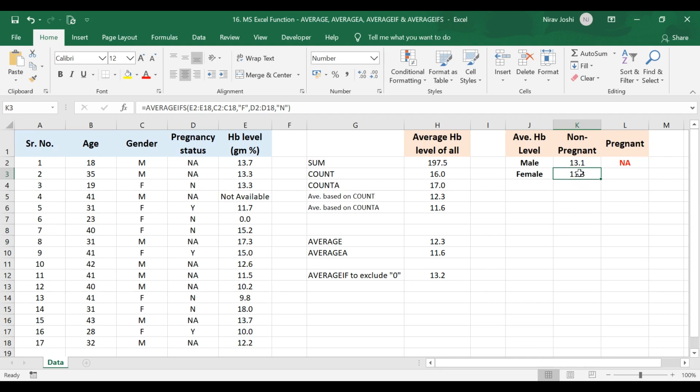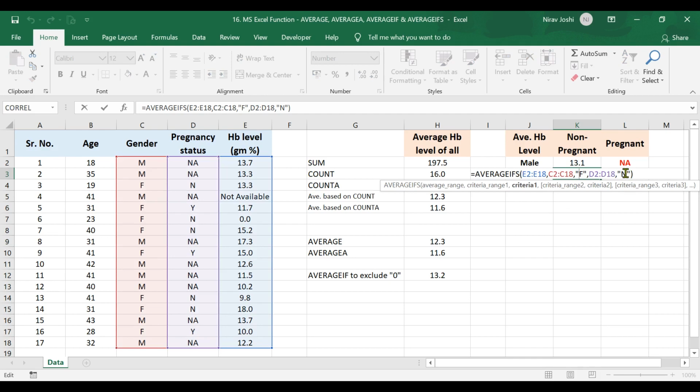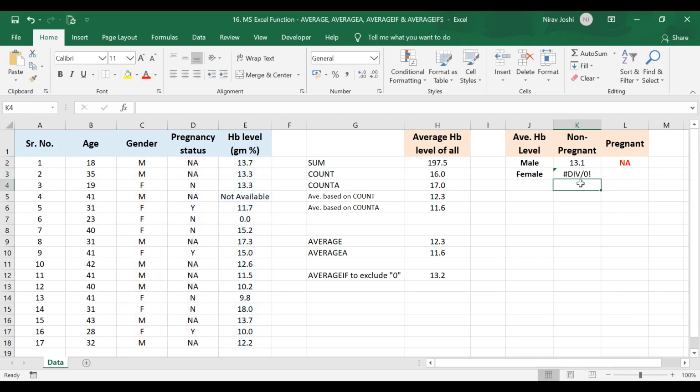Here also it will show an error if we have provided a criteria which is not available here. The basic reason for showing this error is that Microsoft Excel is not able to find any value that fulfills both the provided criteria, and that's why there is no value to average out, and that is why it is showing this kind of error.